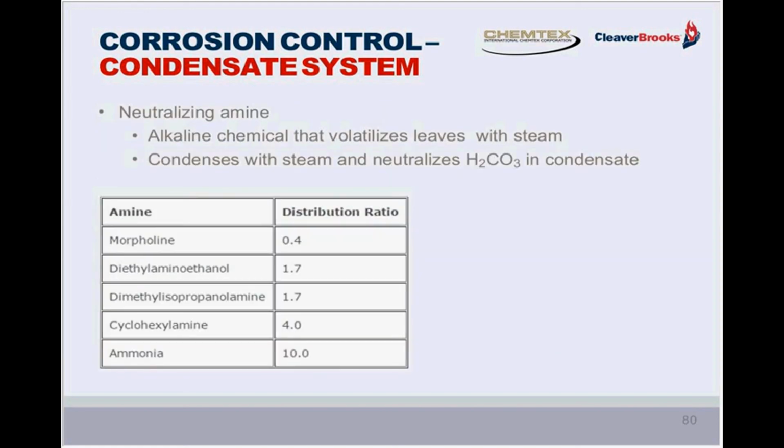Carbonic acid is acidic. There's a multitude of different amines that are used to protect the condensate system, which are neutralizing amines. I've listed them here. Your water treatment professional can direct you to which amine is best for your particular system. They have different characteristics. Some carry a short distance, some will carry a long distance to protect the far reaches of a condensate system. So there's many combinations